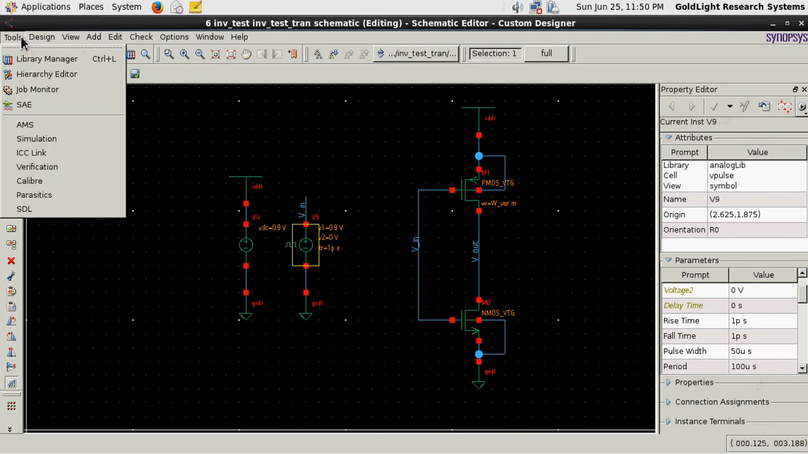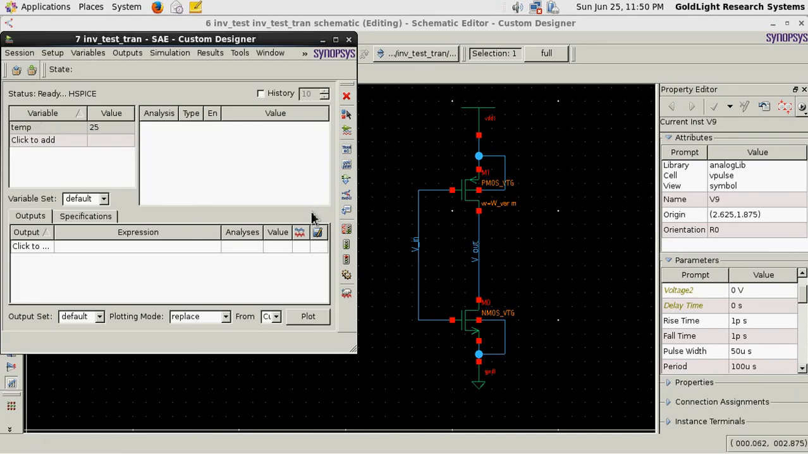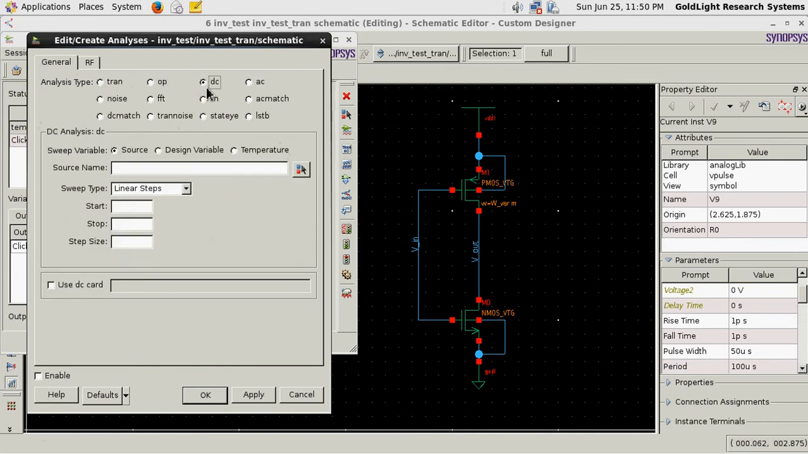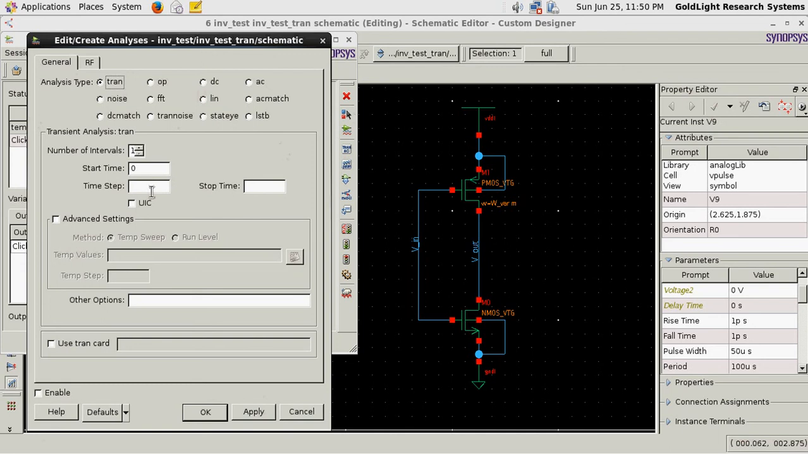Now you can run. Go to SAE and select transient. Tran I am selecting, and giving a time step. I am giving 1 nano, based on your wish, but if you give a smaller time step, it will take longer. Then the stop time, I can give almost